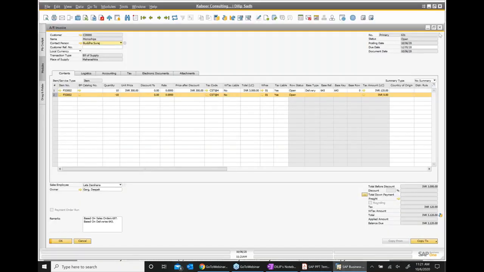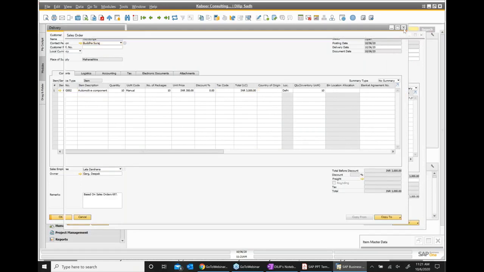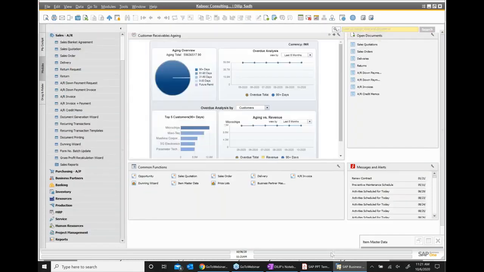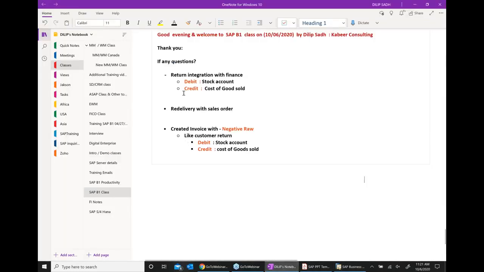What we have done is that we created a return request with reference to delivery. This also we created with reference to an existing document. But you can always create a return without knowing a previous document.